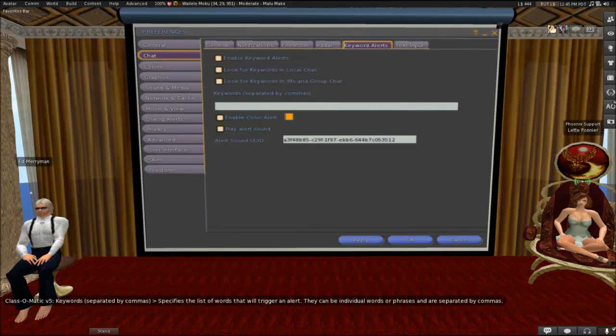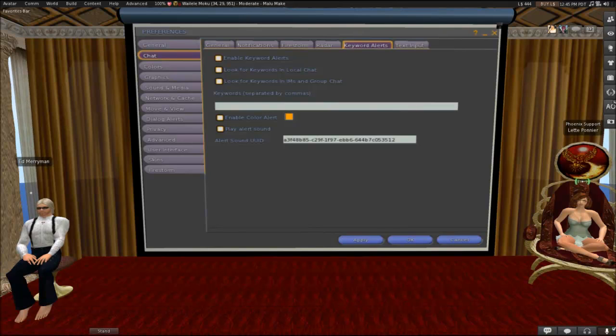Keywords separated by commas specifies the list of words that will trigger an alert. They can be individual words or phrases, and they are separated by commas, and in most cases only commas. They are not case sensitive, but spaces count as characters. That means that if you include spaces in your keyword alert list, then those spaces will be counted as part of the word. So use that